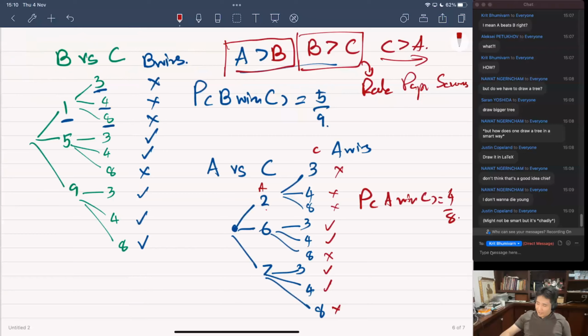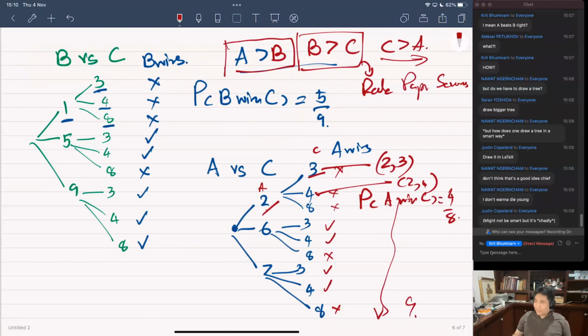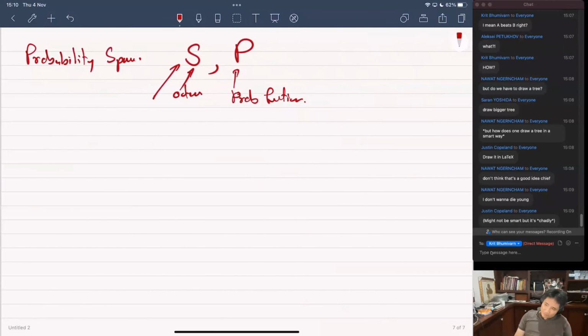What that means is, for example, you have this outcome 2 and 3. The outcome for here is 2 and 4, but you have like 9 of them, a finite number of them. But the sample space could be something infinite. Let me give you an example. An example would be the game where you toss head or tail, right? You toss a coin, head or tail.